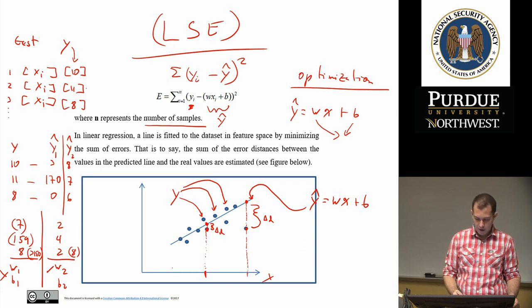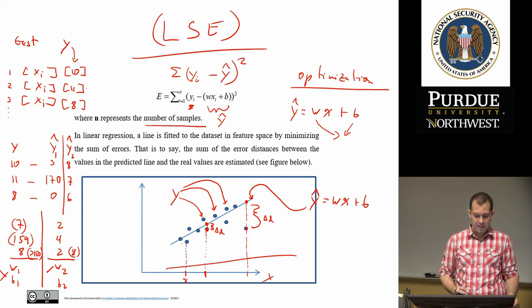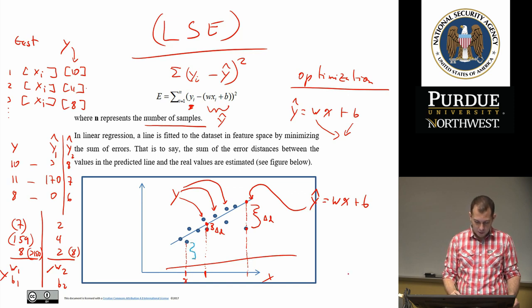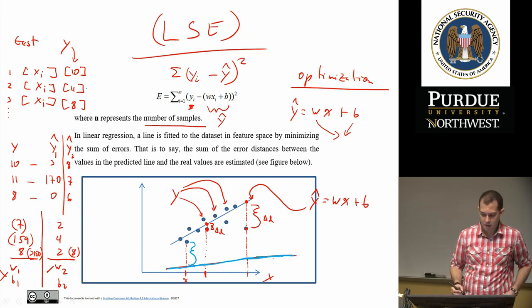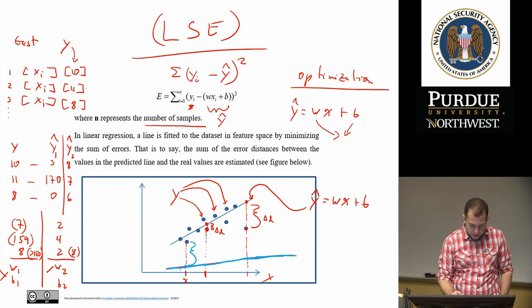So for instance, if I created this line, I use that line and perform the same operation. I pick this value x, and I go all the way over here, and now I see that is the real value. This is going to be the distance for this line, right? For this, I'm going to paint this in blue. So this blue line predicts that the value for this x would be here, whereas the real